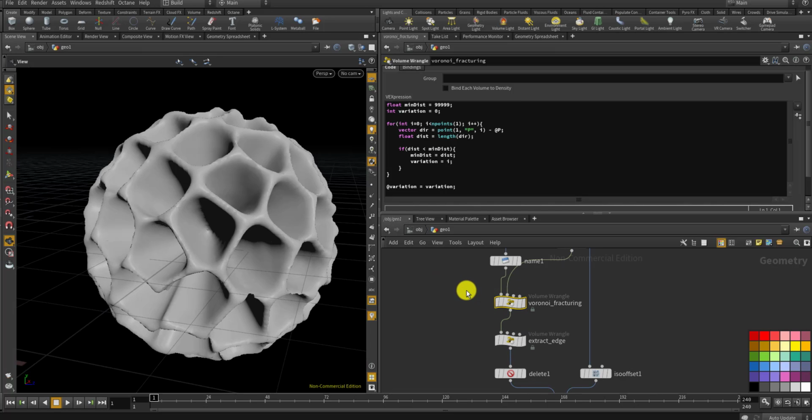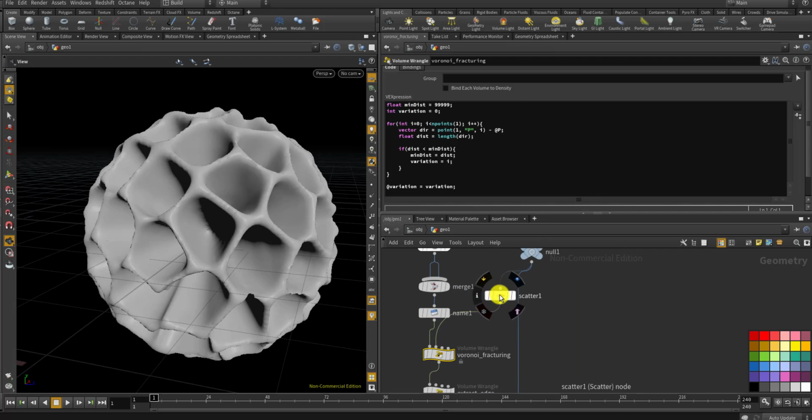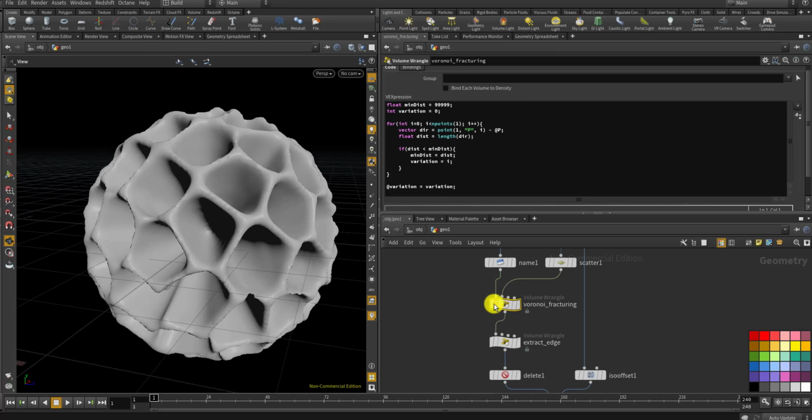So normally you use the Euclidean distance algorithm to create this kind of Voronoi cells, but you can change that part. So this is the Euclidean distance,